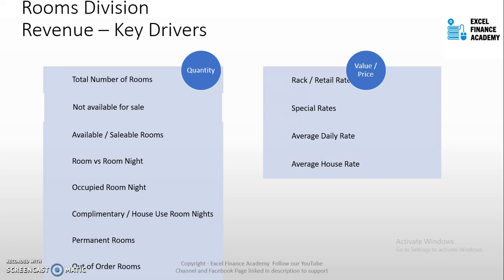Now we have average house rate. The average house rate is calculated based on total occupied room nights, including the complimentary and the paid occupied room nights. This is only for statistical purposes. It does not really have any significant impact. Then you have revenue per available room, which is the most used term when you are comparing